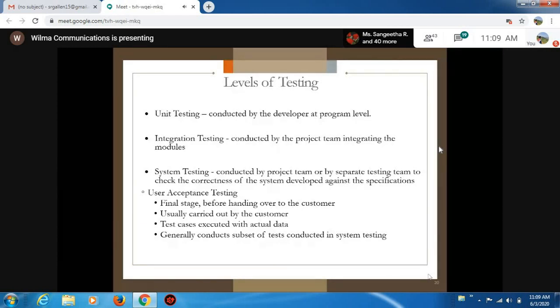Because we are not going to release small or individual components to the client. We are going to release the whole system, which contains all these individual components. So first we need to make sure that one component is compatible with another. Number two, we are validating the interfaces of the components. For example, when I enter the correct user ID and correct password, will the product redirect to the appropriate home page of that application or not?